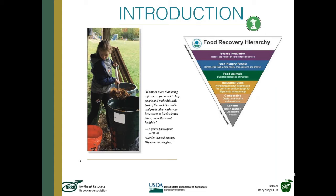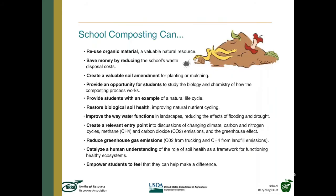It pulls together many, many talents, many divisions of your school. Just to reiterate, school composting can reuse that organic material, saves money by reducing the school's waste disposal costs, creates a valuable soil amendment for